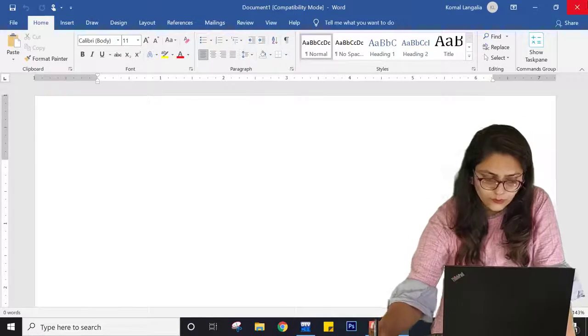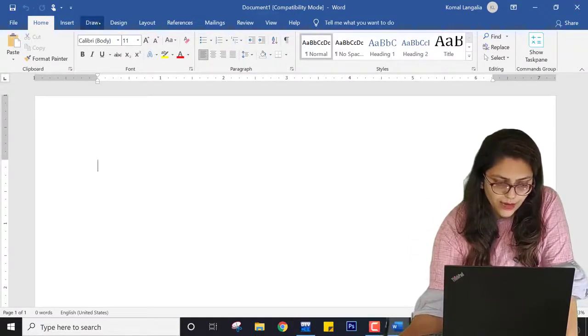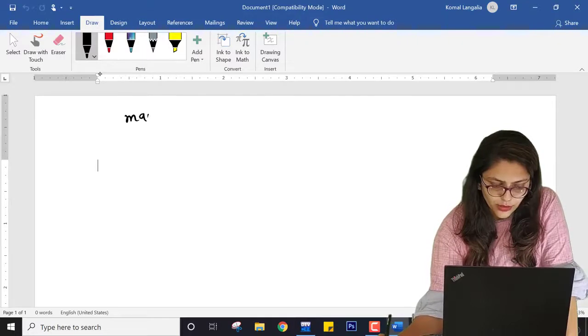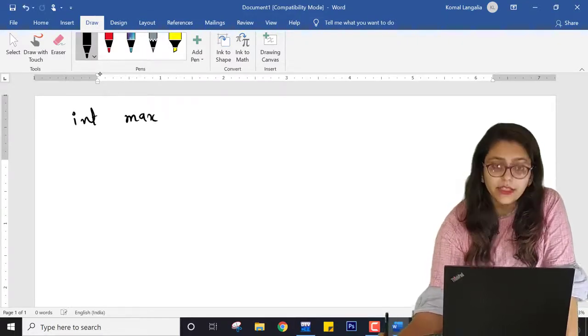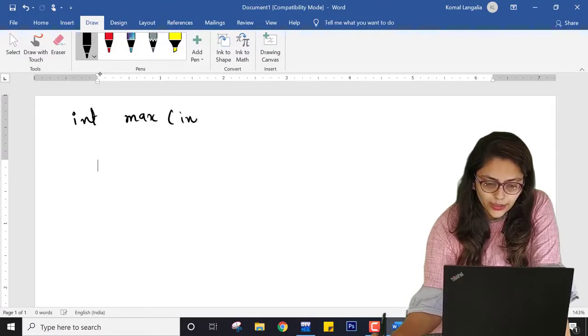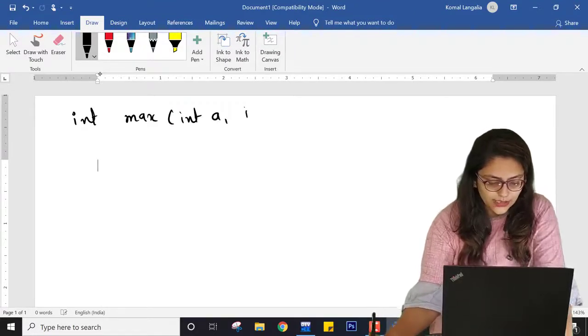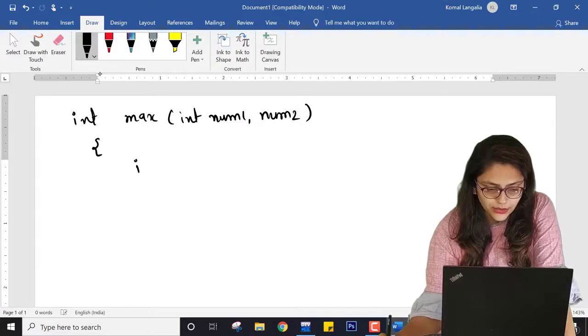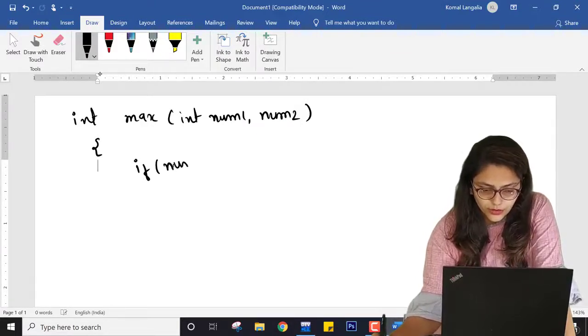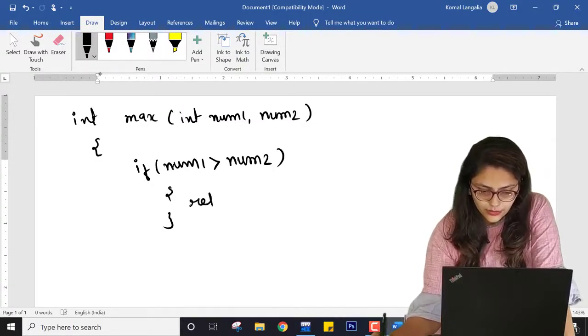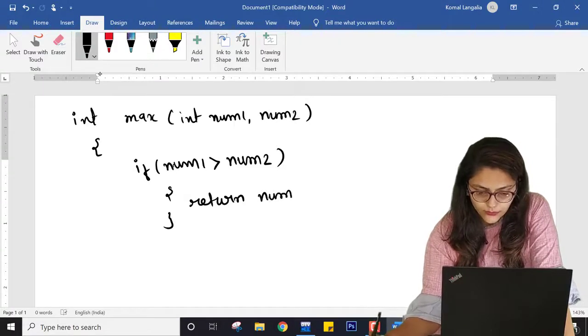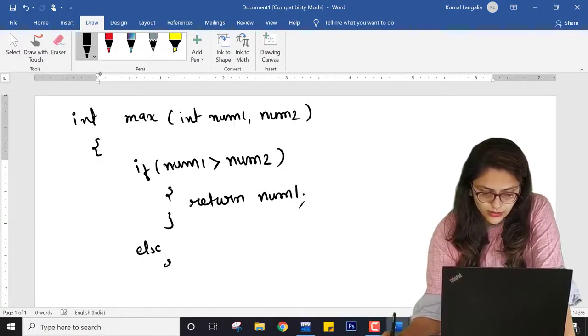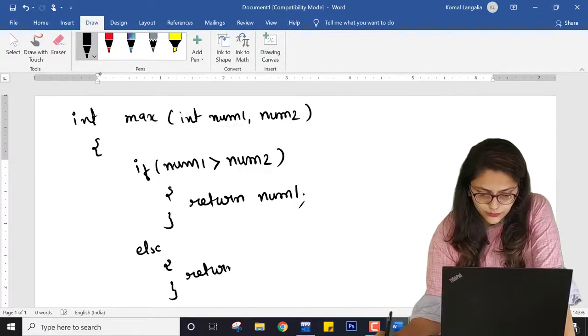So here, what I am doing, I am creating one function max. I am giving it return type as int and taking two integers, a and b, or say here I have taken num1 and num2, right? And inside this I have written if num1 is greater than num2, then return num1, else return num2,